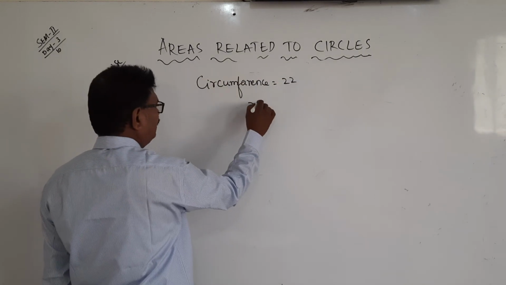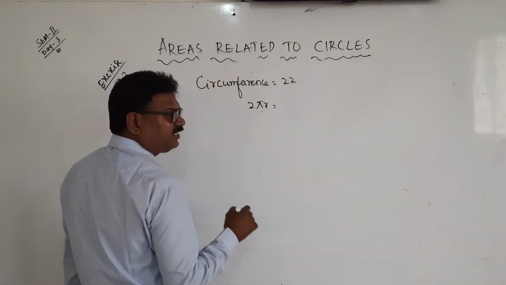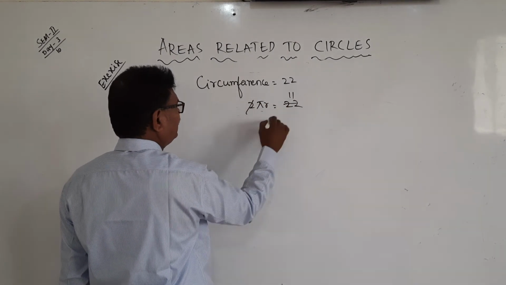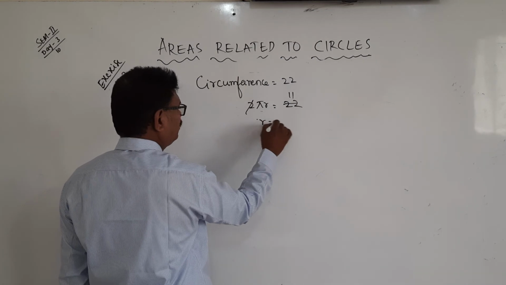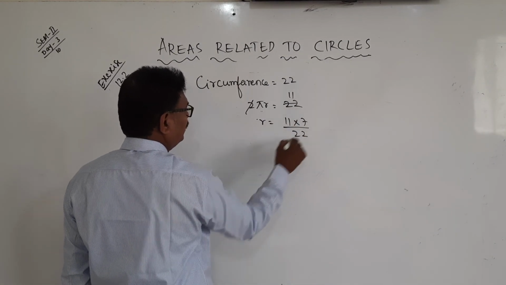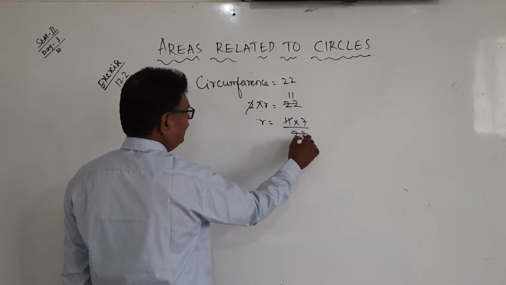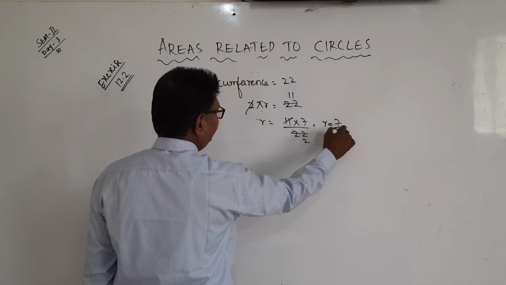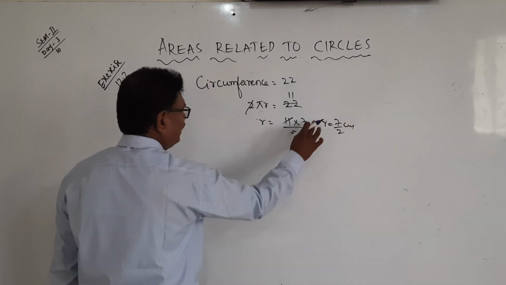We know that circumference is nothing but 2 pi r. 22 is equal to 2 into 22 by 7 into r, so r is equal to 11 into 7 divided by 22. Therefore, r equal to 7 by 2 centimeters. Okay? Now,